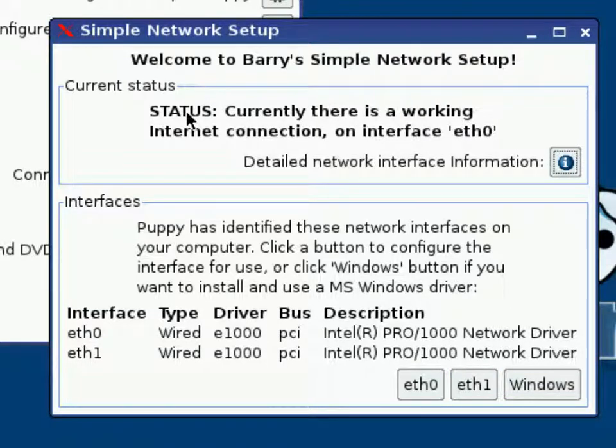As you can see here, though, it says status: currently, there is a working connection on interface ETH0. But for tutorial purposes, I'm going to show you how to activate it in case you load this wizard up and it shows that one of your interfaces is not activated or not currently connected. So if we choose ETH1,